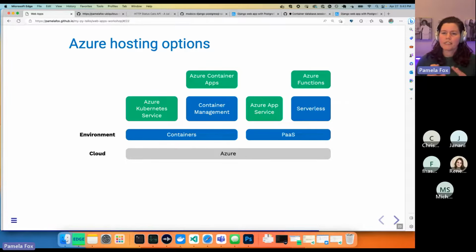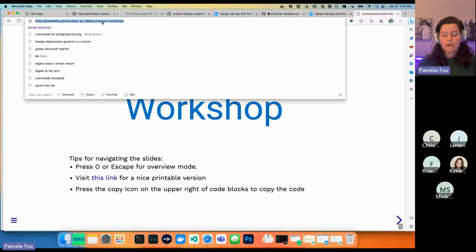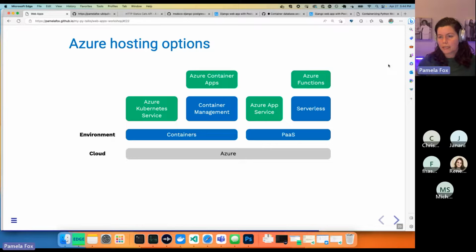That's the idea of Docker containers: it's a standard way of packaging, bundling everything up so that you can run it anywhere. And that works really well for the cloud because you just say, oh, here's my container, I'm going to send it to you and it's just going to work, right? So you make it once and it'll work on any machine. That's the goal. That's the dream. That's the point of containers. I do also have a containerization workshop, so you're welcome to look through those slides later too. And that's containerizing Flask.